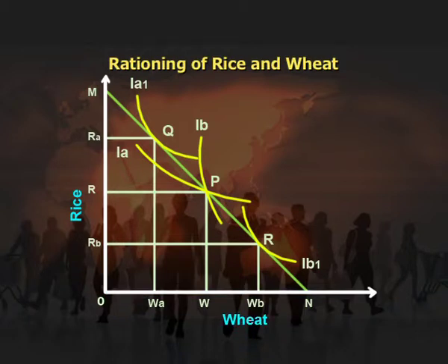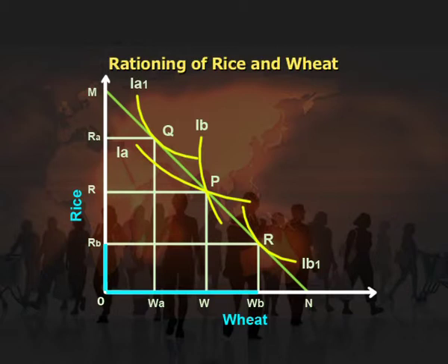According to the first system of rationing, both consumers A and B are given equal specific quantities of rice and wheat, OR plus OW. Consumer A is on indifference curve IA and B is on IB. With the introduction of the liberal scheme, each can have more or less of rice or wheat according to his taste. In this situation, A will move from P to Q on the higher indifference curve IA1. Now, he can have ORA of rice plus OWA of wheat. Similarly, B will move from P to R on the higher indifference curve IB1 and can buy ORB of rice